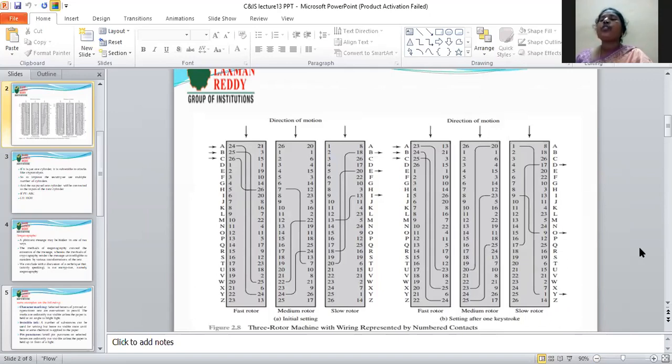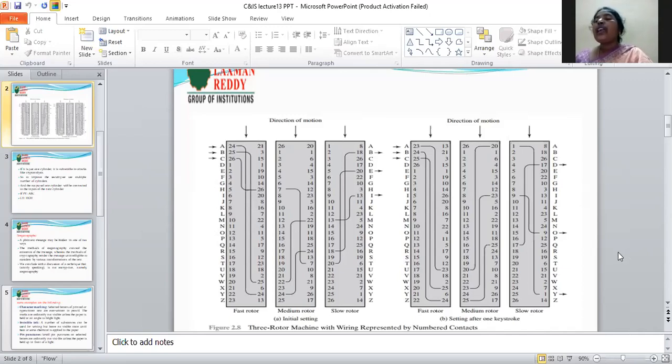The first cylinder output is the second cylinder input, which converts to 20, 23, 25. These three are internally connected. And again the second cylinder output is the third cylinder input. Here 1, 9, 17 are internally connected.